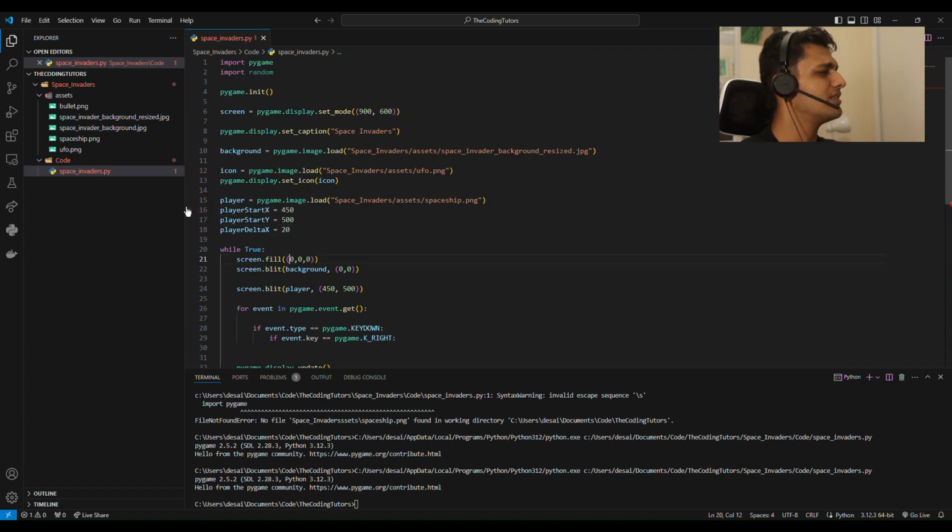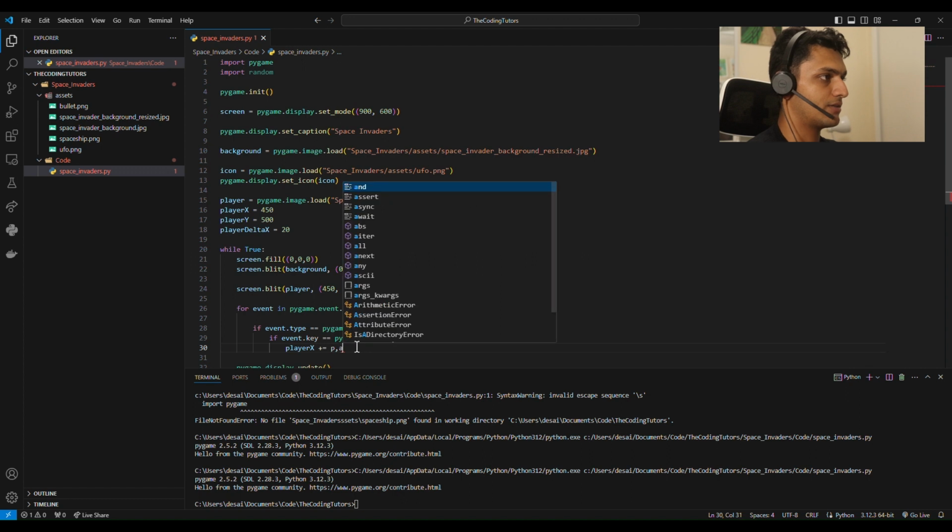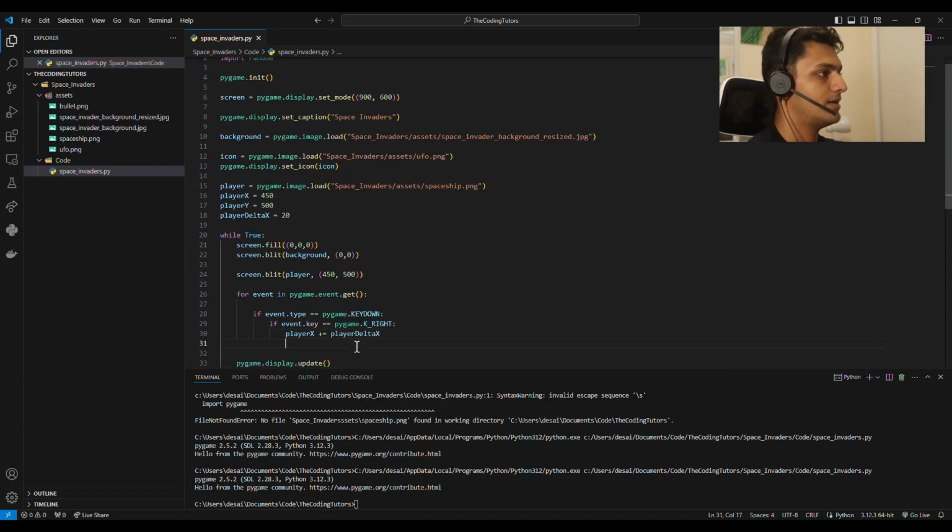And that should, I think that'll be okay, but we'll see how it goes. And then we can just say player start X. Maybe I shouldn't call it player start because that's going to be the variable for all of them. So I'll just say player X and player Y. Okay. Player X plus equal to, because we're going right, so that is an increase along our horizontal axis. So I'll just, yeah, that's a plus, and player delta X. There we go. And elif